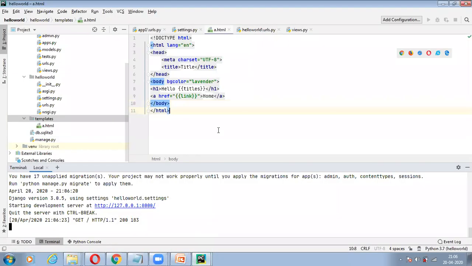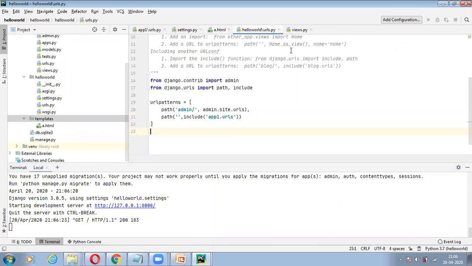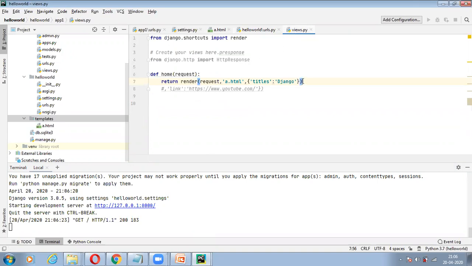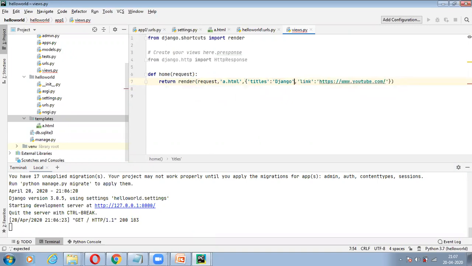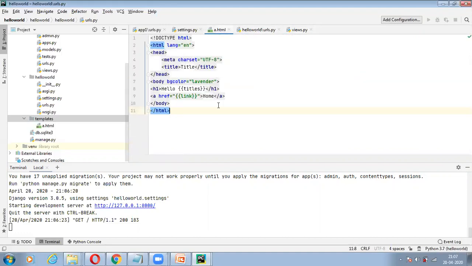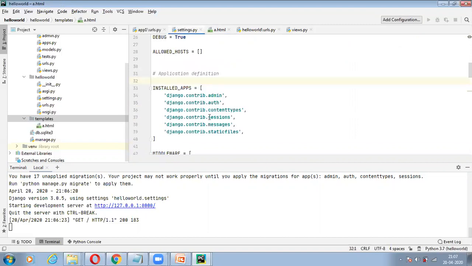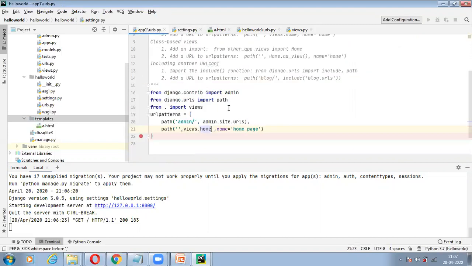So let's move towards this particular place, and the titles and everything is here. Now what I want here is to put in the views of this and simply remove these brackets, having the link. Right? So in this particular parameter provided space, I am simply putting a link here, link colon https www. Now what is that link? This link is a variable. What kind of variable? From where can I get this variable? Let's see. Here I have to move for this variable. Okay. So in the views, let's